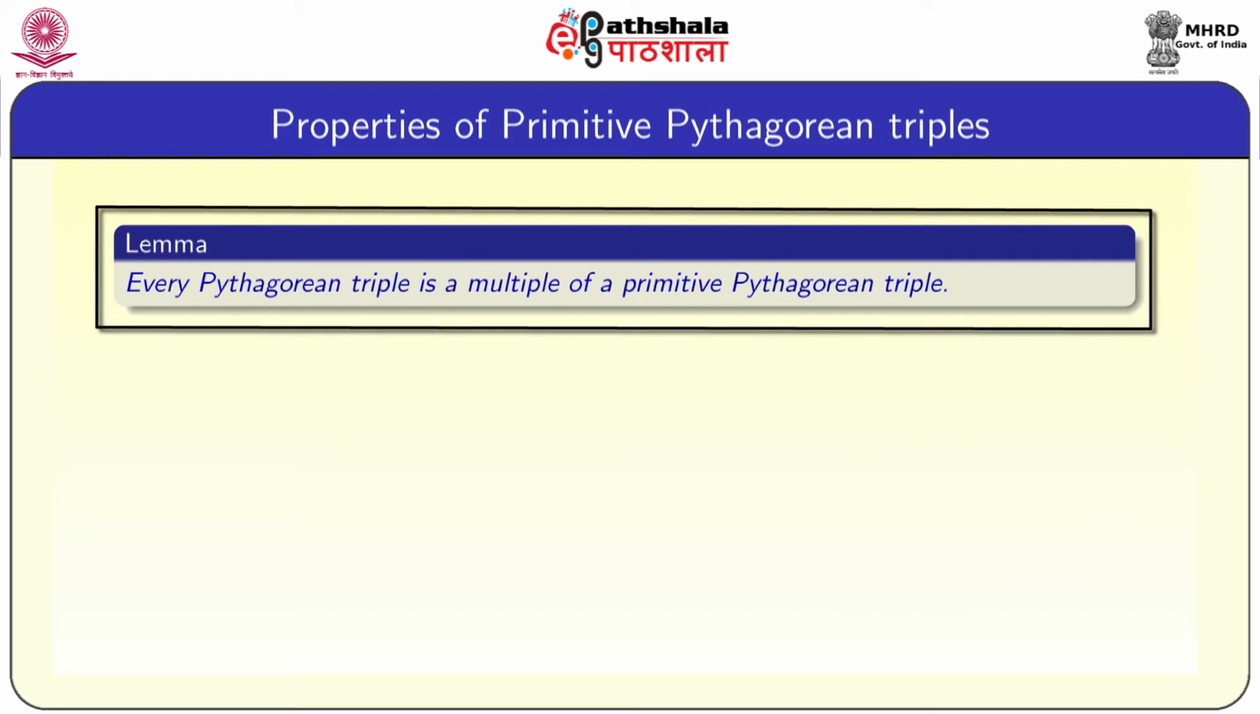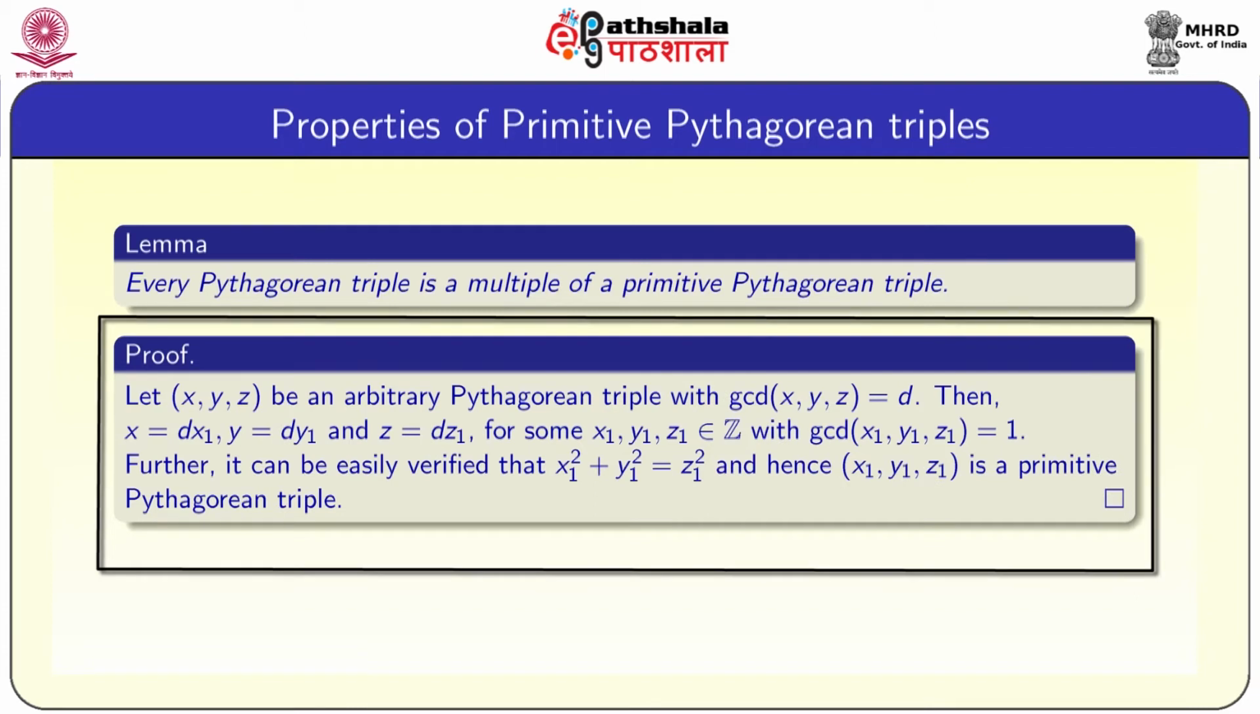Lemma: every Pythagorean triple is a multiple of a primitive Pythagorean triple. This lemma establishes that once we know all primitive Pythagorean triples, then we know every Pythagorean triple, because every Pythagorean triple comes from a primitive Pythagorean triple. So, the proof goes like this: let x, y, z be any arbitrary Pythagorean triple with GCD of x, y, z equal to d, then